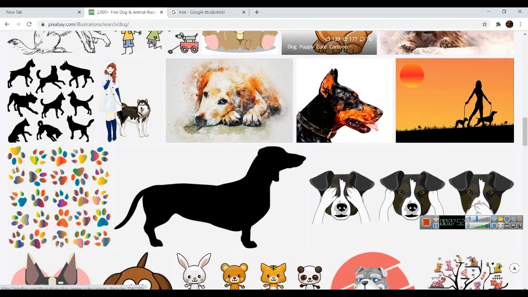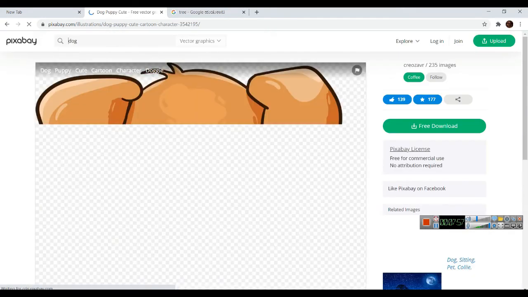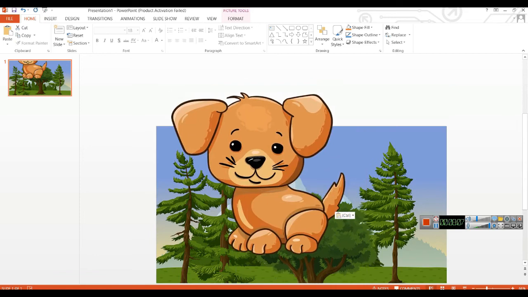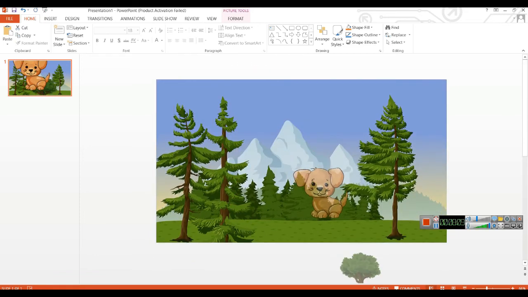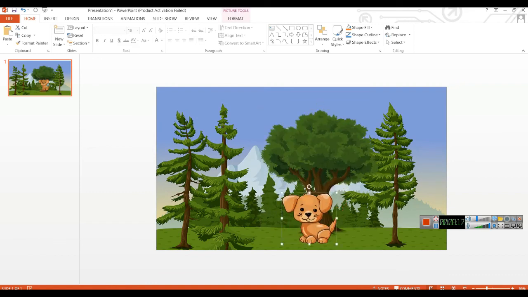So hopefully this is the image. I'll just click and see whether it is PNG or not. Yes, you can look at the background here and make out. And size is bigger, you can bring it down. Make this slightly bigger here, and this is smaller. So you are creating a nice illustration here.